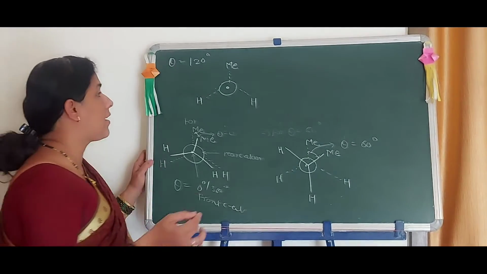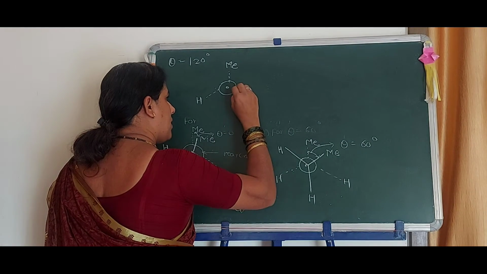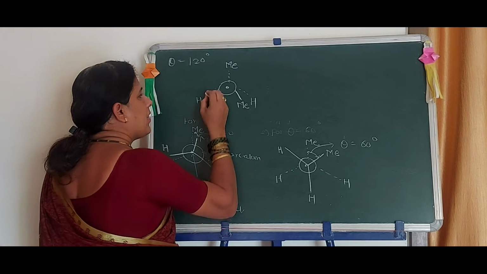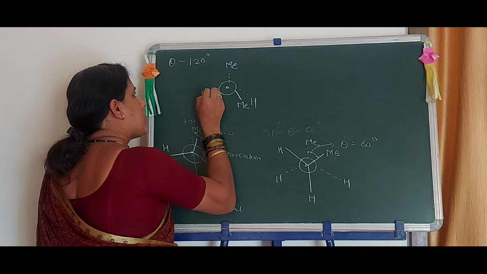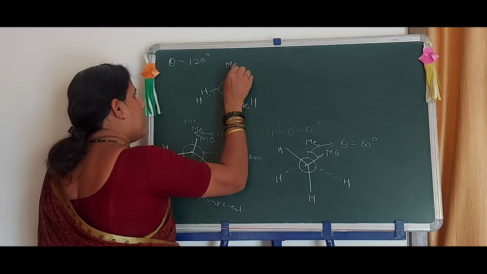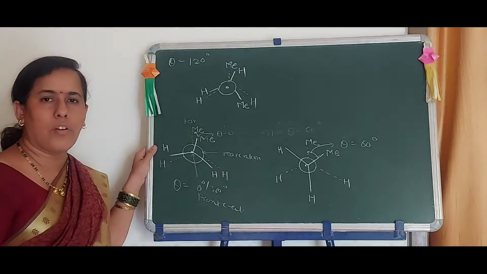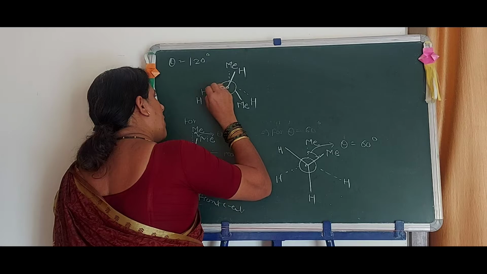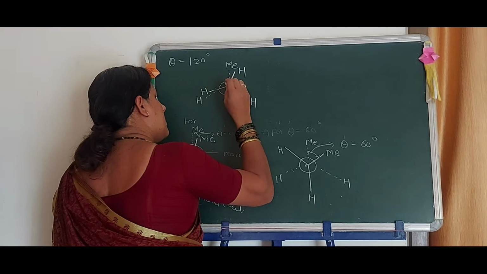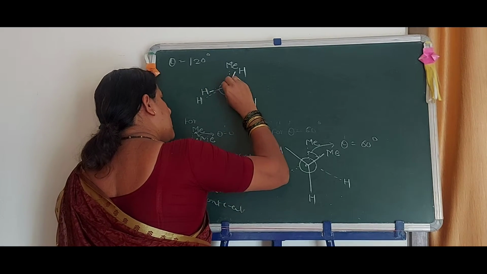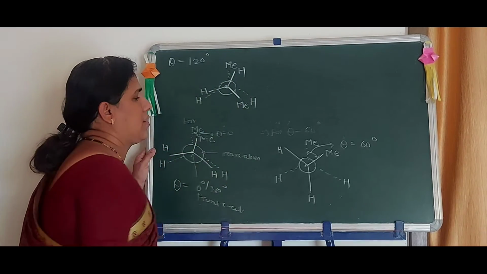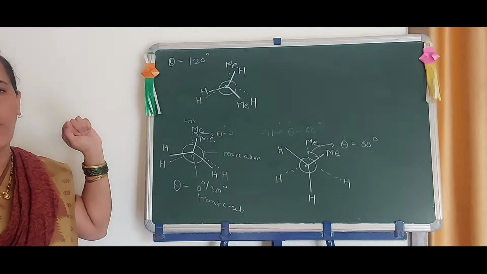Thus for 120 degrees this structure is possible here, as per our previous classification, an eclipsed structure. Therefore here Me, okay, here H, and here also H. This is for 120 degrees. Okay. Now we have to draw. We have to join here as it is. It is the correct fashion. Like this. This is the structure for 120 degrees.